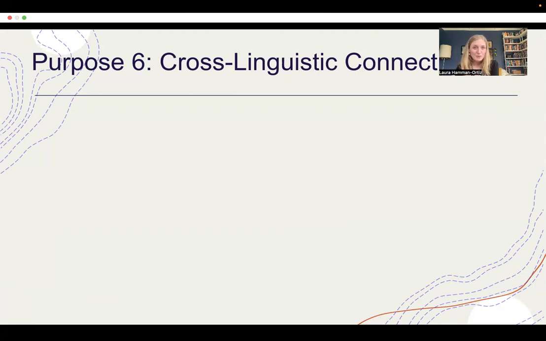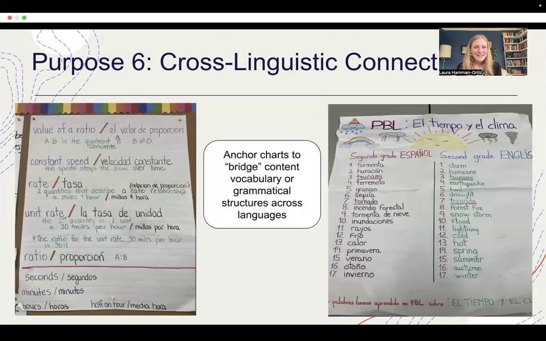They have particular grammar rules that they follow. So we're using this term cross-linguistic to think about how languages are similar to or different from one another, while also recognizing, again, that languages don't exist as static things, but they are constantly evolving. And for a bilingual or multilingual person, the languages are not these separate entities. So with that preface, what it looks like to cultivate spaces for these cross-linguistic connections can look different in different